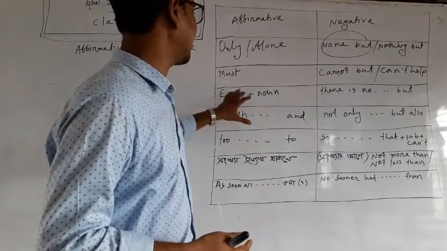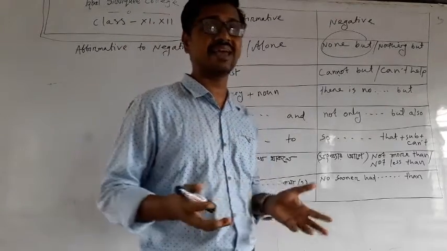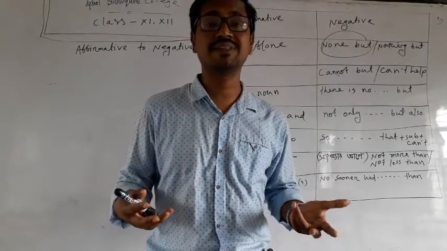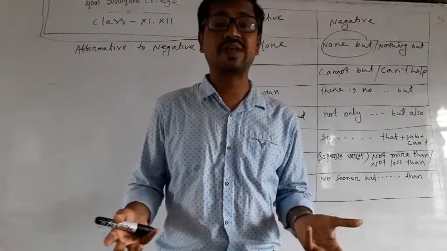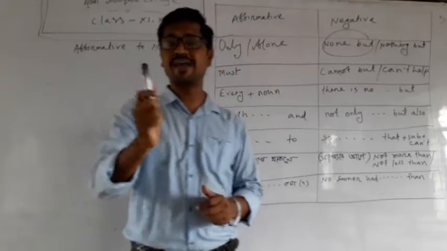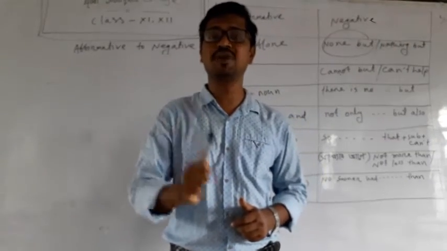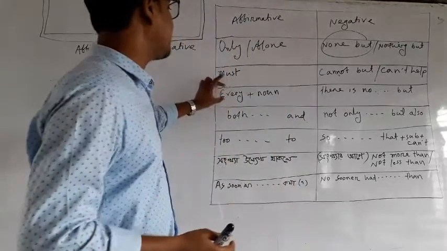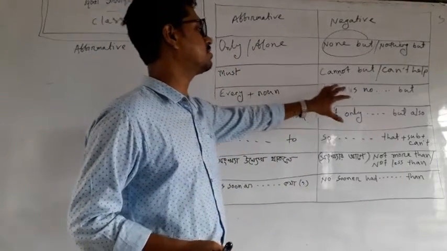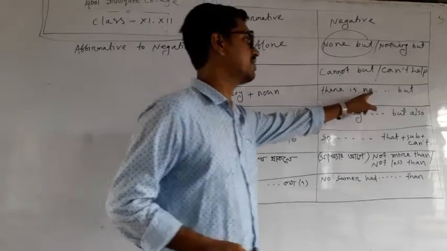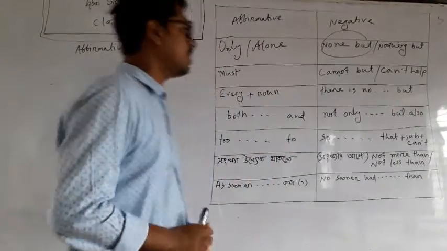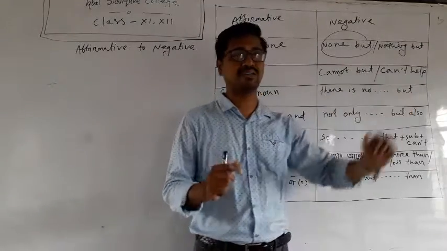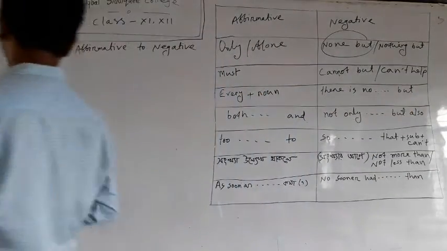And you must get a noun after that every, like every mother, and in the sentence the phrase will be there is no mother. Every mobile phone, there is no mobile phone. Every pen, every marker, there is no pen, there is no marker. Every father, there is no father. I say every plus noun becomes there is no plus noun. After that noun, you have to use a part as well.